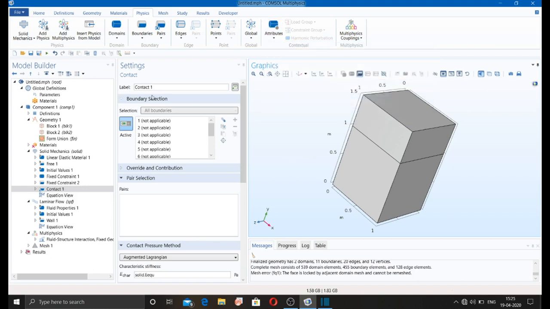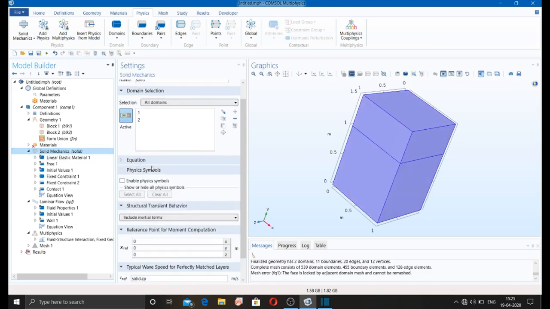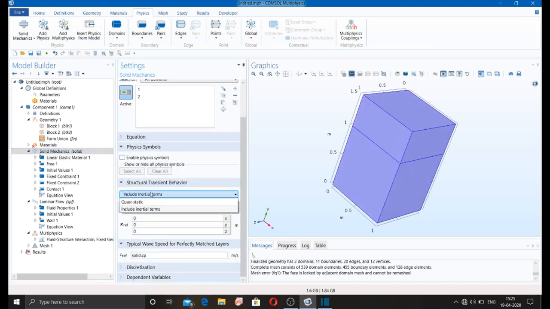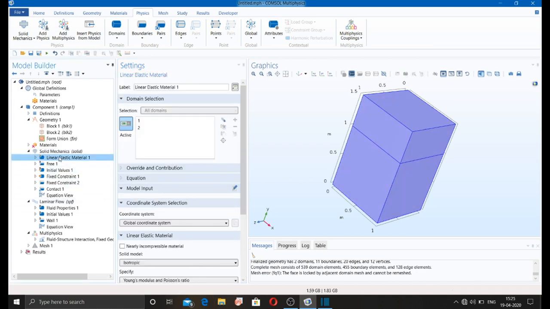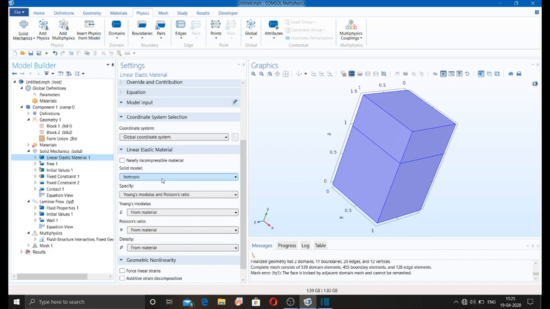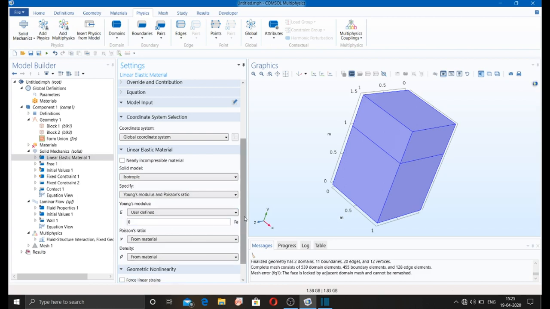Okay, and you can change things from here. Quasistatic, include inertial terms. Dependent variable you can change from here. Linear elastic material, you can give the linear elastic material properties from the material, or you can use the material properties user defined by you.